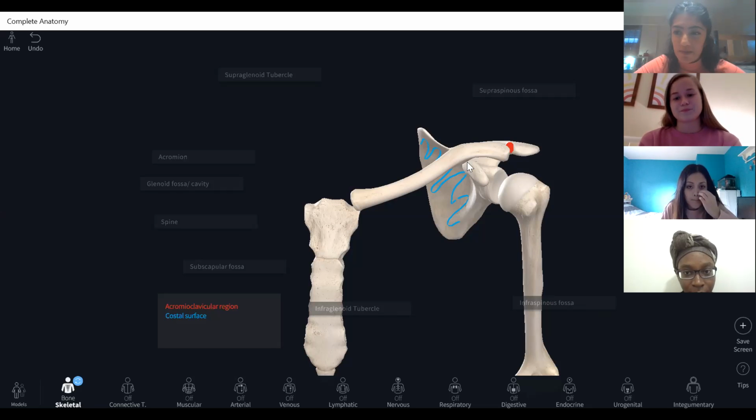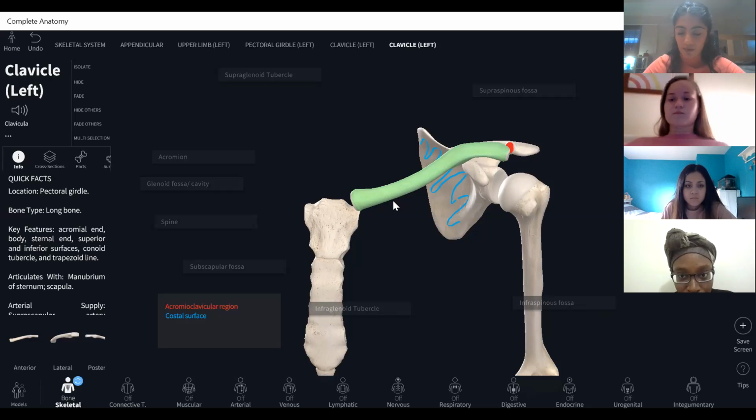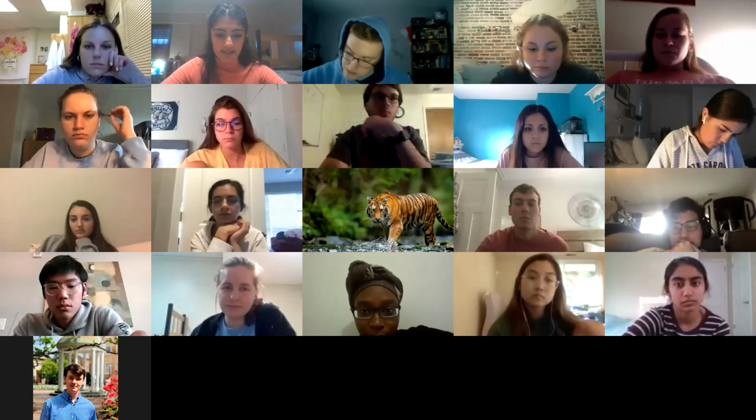We don't see very much movement at the acromioclavicular. We kind of refer to it as a fixed joint. So right now, unfortunately, we cannot see movement using Complete Anatomy because we haven't added any muscles. But when we add muscles starting in next lab, then we can actually use those muscles to see how things move. But before we do that, since we're not going to add muscles today,